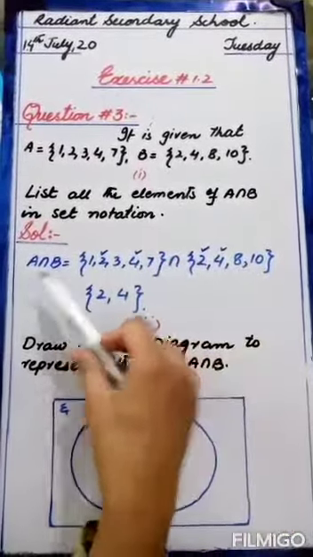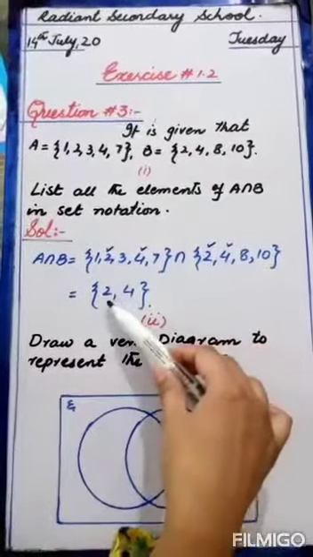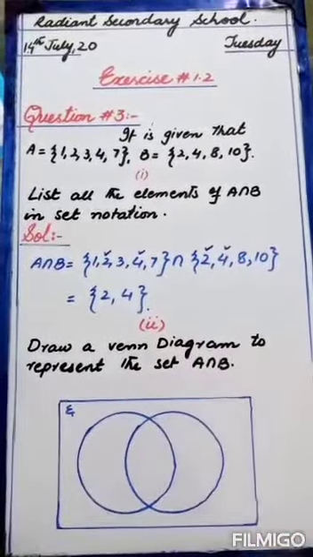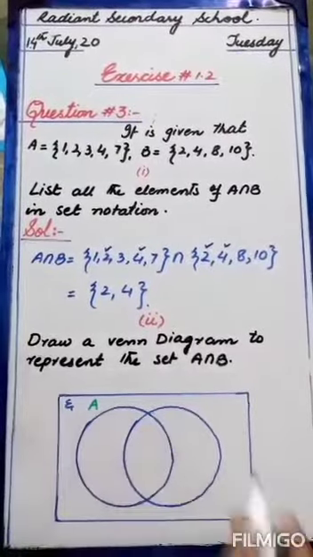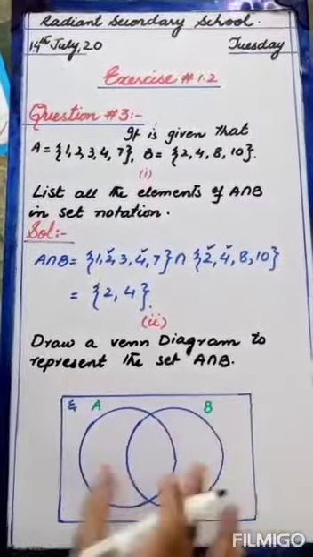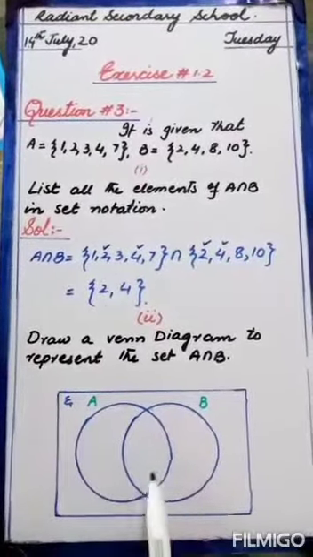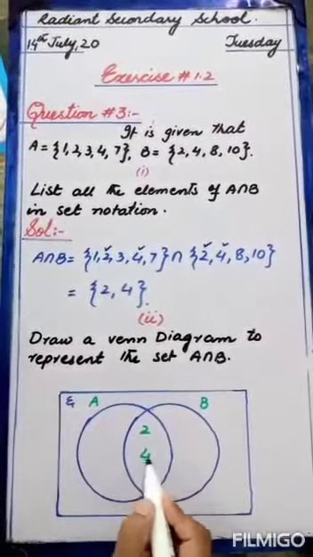So you can see that A is not a subset of B and B is not a subset of A, and a few elements, 2 and 4, are common. So this is also the case of overlapping. Now again we have to write the elements in the sets. First of all, I am going to take this circle as A and this circle as B. You can take it as A and B, but just be careful about the elements. Okay, first of all I will write the common elements. In the common area, what are they? They are 2 and 4. So 2 and 4 will be there.